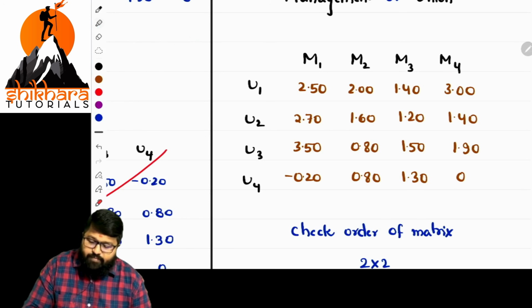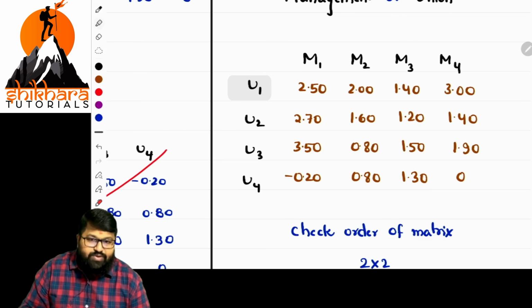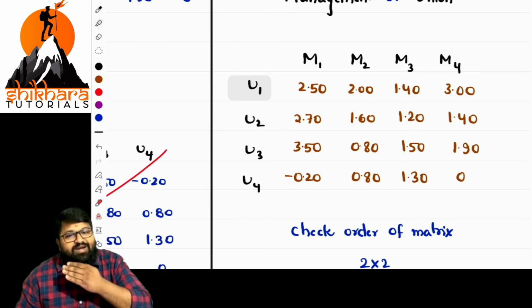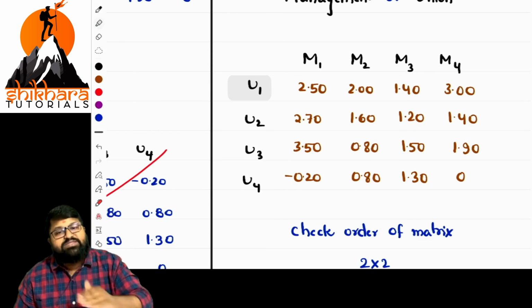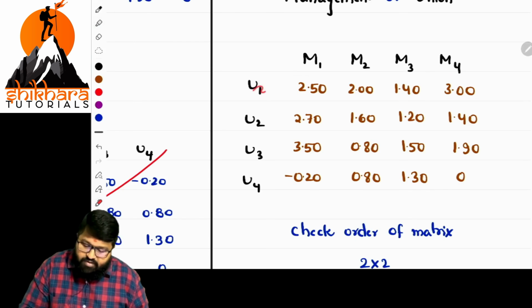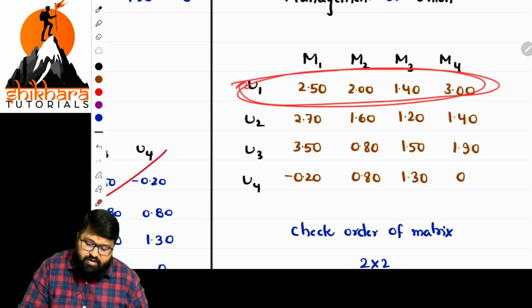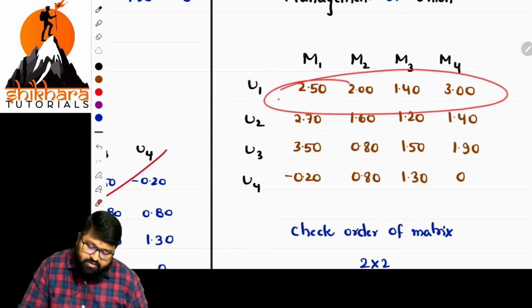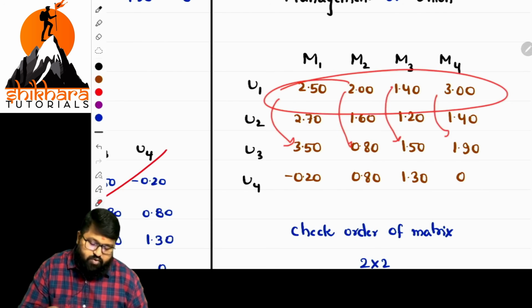In the case of comparing the values, let us compare u1 with any other row. In the rows, normally the union wants to eliminate the least pay. A row with the least pay should be eliminated. For example, we compare union 1 with u2. This value is high, this value is less, no use. Regarding this, high, low, no use. And even this, no use.